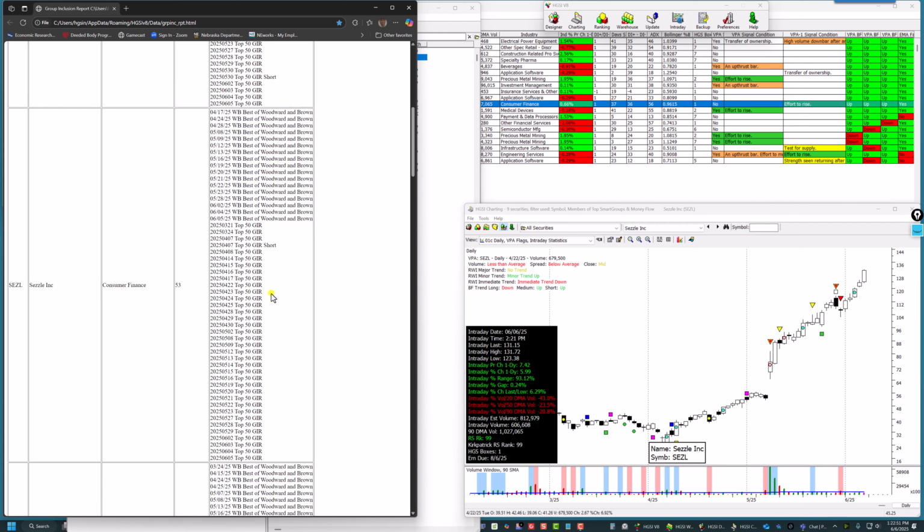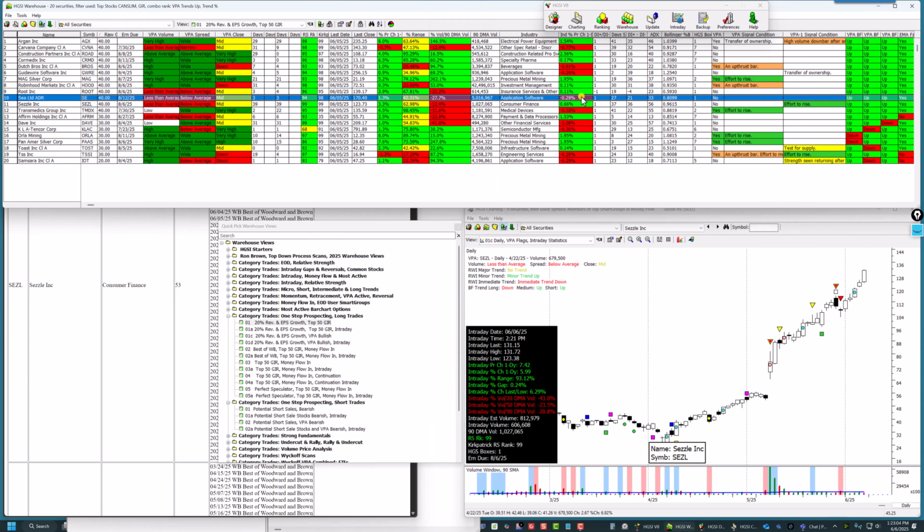So it's not always going to appear in both, because there's only 10 stocks in Best of Woodward and Brown, and there's 50 in here. But I'm just showing you that this stock has been coming up for a long time, and you'll find that in a lot of these stocks that appear in the